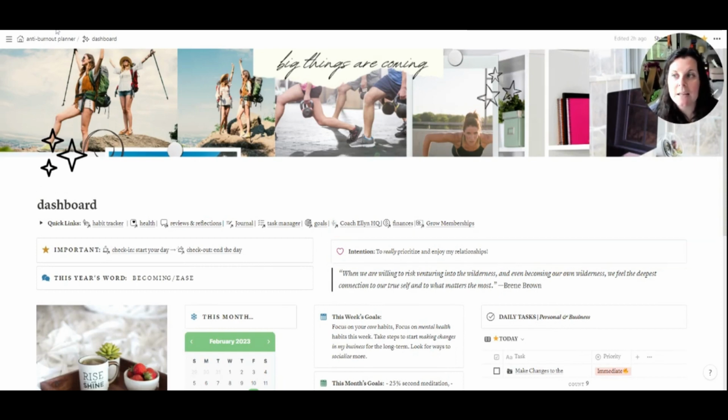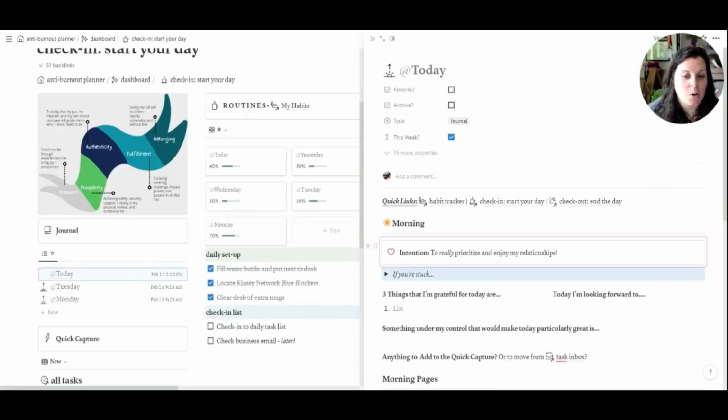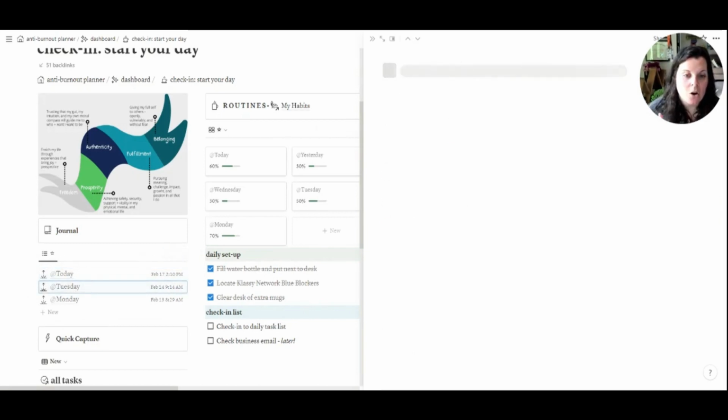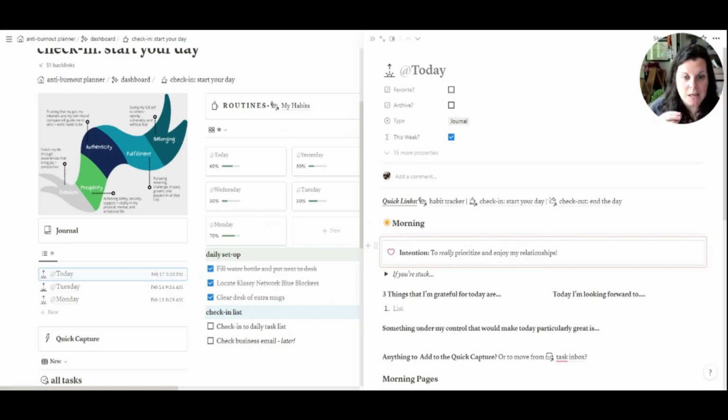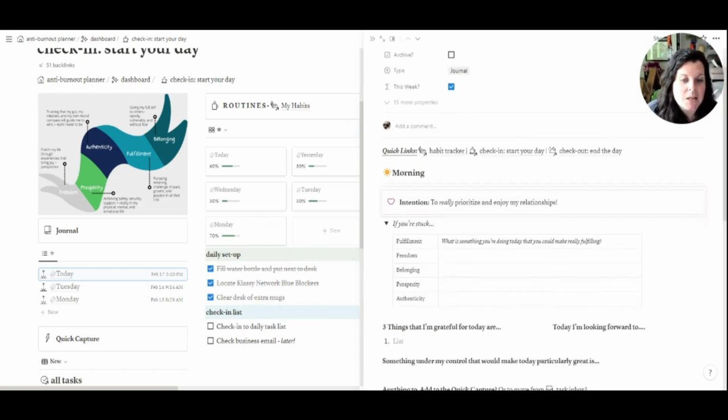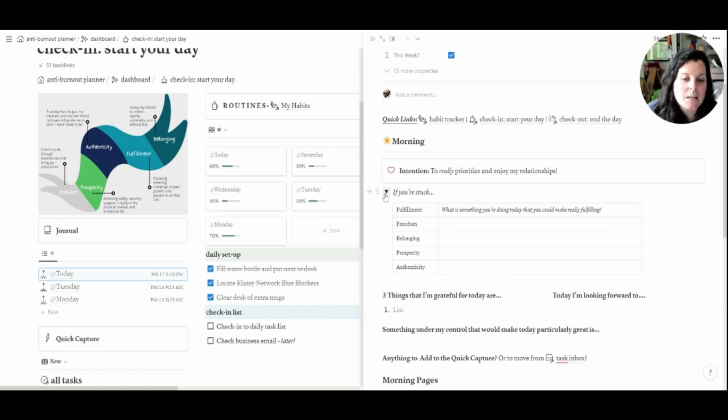I have this synced over all of these templates. So if I change it in one, I'll change it in all of them. So technically, this also changed my intention for Monday. I think that was when I did my last intention. I could unsync it from Monday, but I honestly don't really care about tracking my intentions over time. But I just really like that whatever my intention for the day is, it is automatically synced to that main dashboard so that I can see it. If I am stuck, if I can't think of an intention for that day, what I've got down here is a little table that has my 5 core values in it.